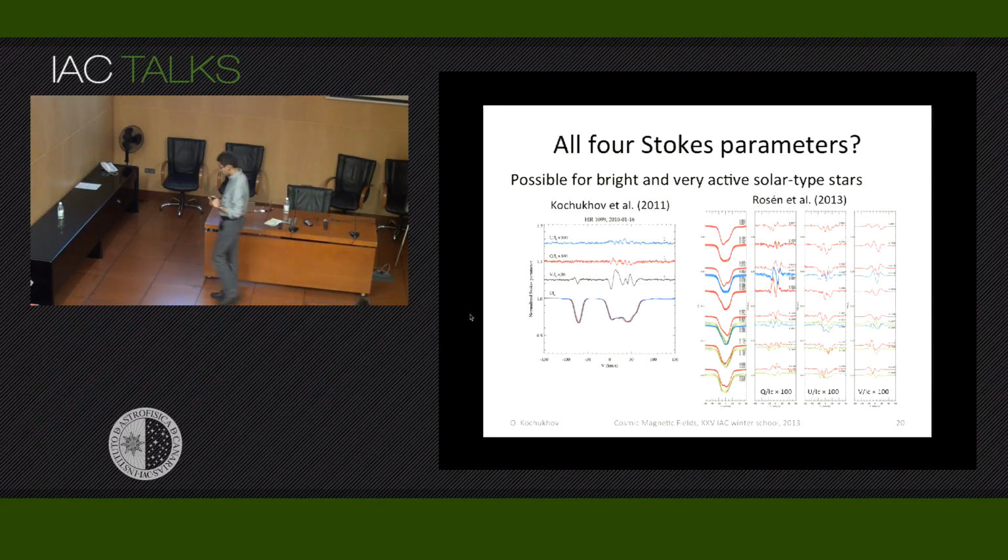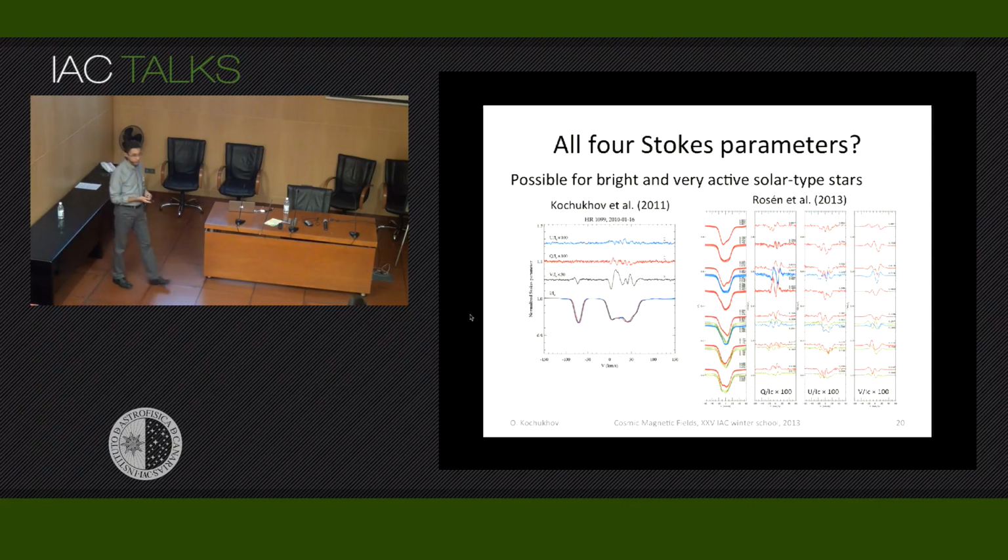these cool spot signatures. Okay, this is a star, well, it's actually another star, but belonging to the same class, so-called RS CVn stars, so binary stars locked where the rotation period is equal to orbital period, and the primary is fast rotating. So you see signatures in V and in Q and U, and for the other star, II Pegasi, with a different instrument, so this is HARPSpol, this is ESPaDOnS. This is what we obtained, and well, there is a clear detection of signatures in Q and U profiles, and